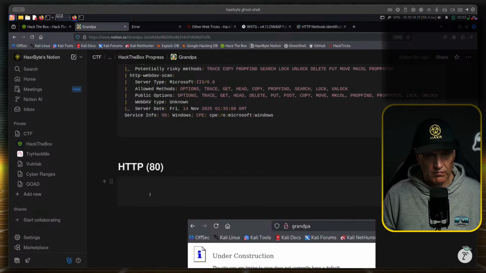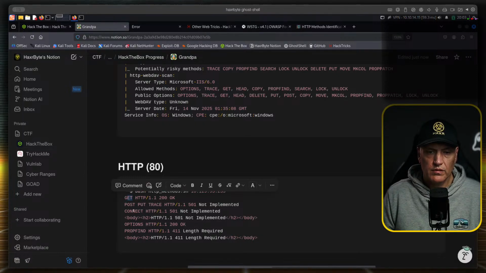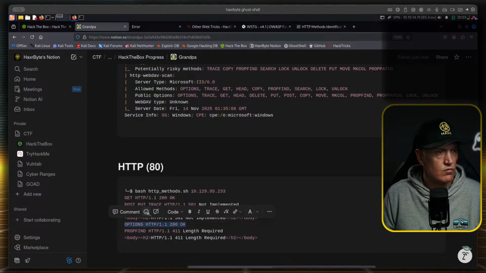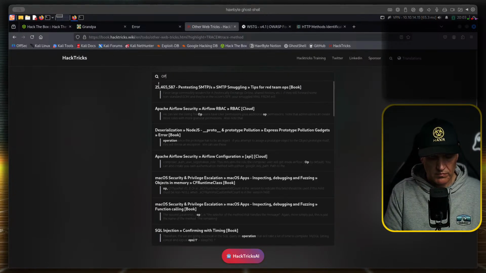So this is the methods. So what do we have? GET works, POST, PUT, TRACE, and then OPTIONS. OPTIONS works. Interesting. OPTIONS.